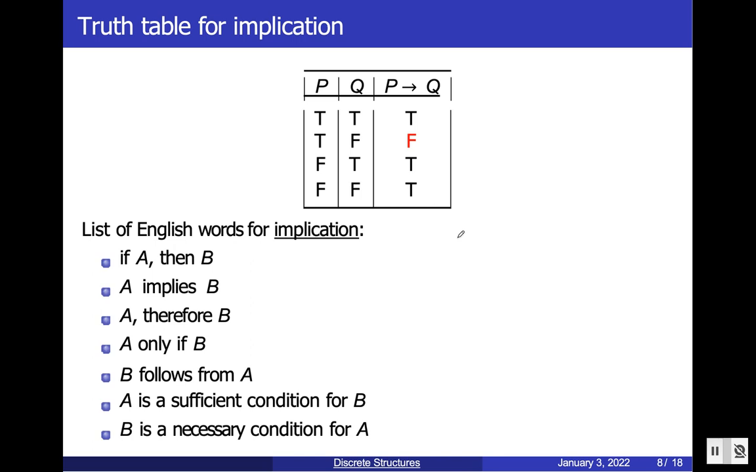Now let's see another compound statement known as implication. We are going to use this symbol for implication, and we write it as P implies Q. Also in English it will be read as